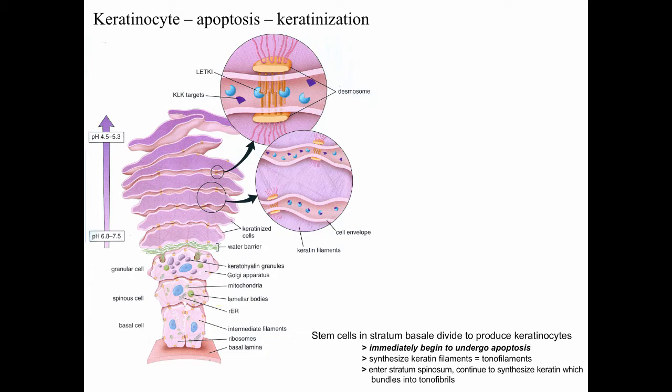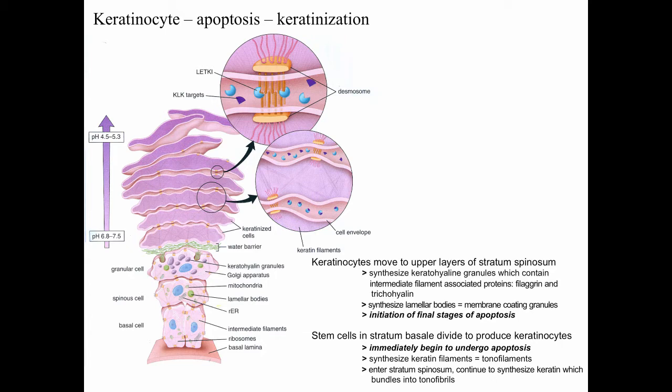Part of this process, though, the cells are synthetically active. They're synthesizing keratin filaments, and keratin filaments are given the name tonofilaments. And you may remember when we talked about epithelium, we talked about keratin as a cytochemical marker for epithelial cells. So these keratinocytes are synthesizing keratin. As the cells are getting more mature, they're going to enter the stratum spinosum. They're going to continue to synthesize keratin, and the keratin bundles are now going to group together into more substantial